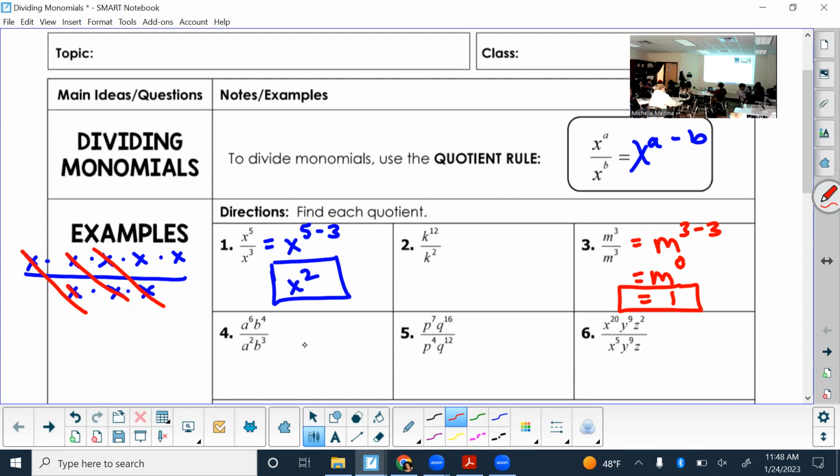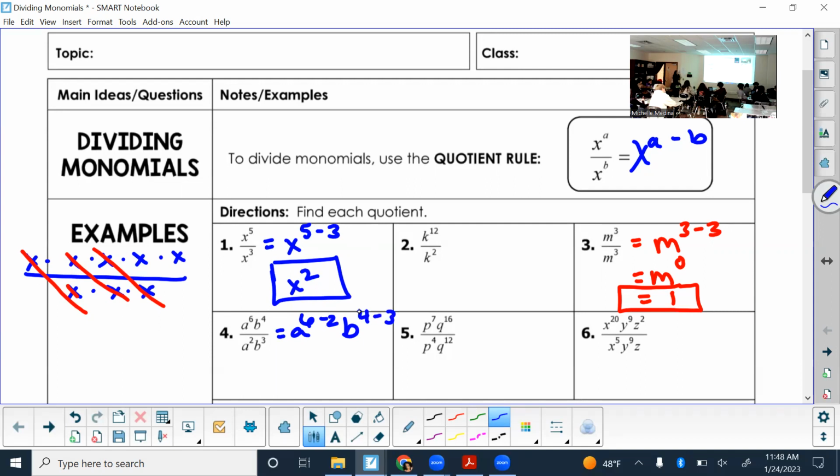All right, now let's say we have multiple things in the fraction. So let's look at 4 together. You only apply the rule to the ones with the same base. So like only look at the a's. What do we do with the exponents? Subtract them. So it will become a to the 6 minus 2, which will simplify in a little bit. And then with the b's, subtract those exponents. It will become b to the